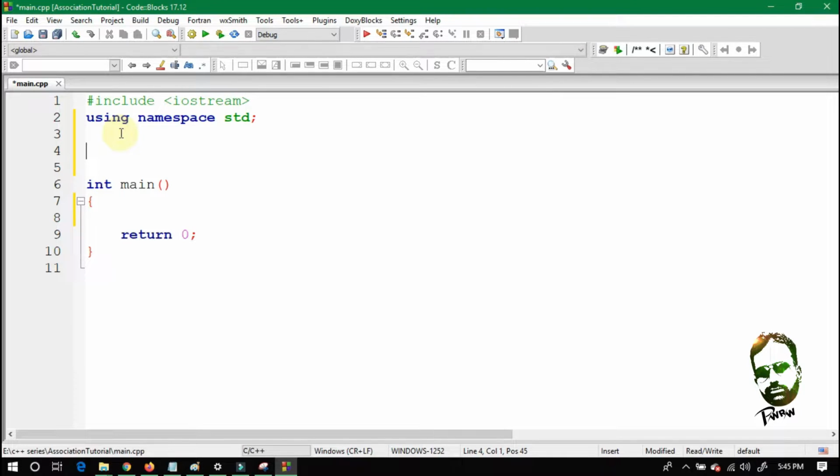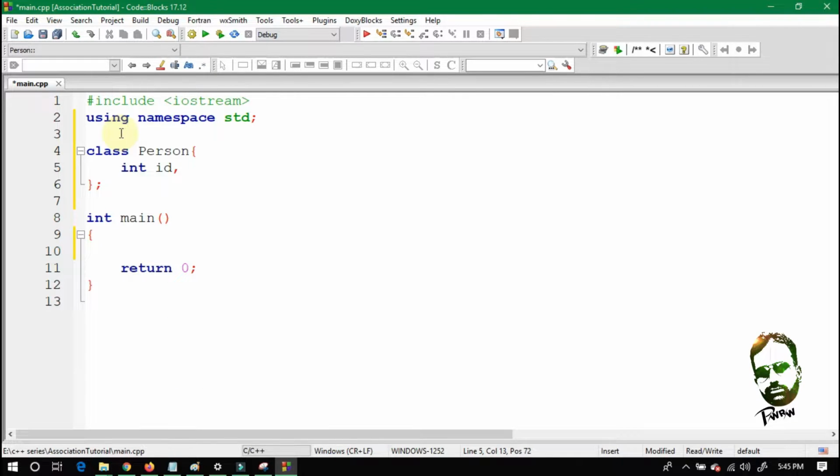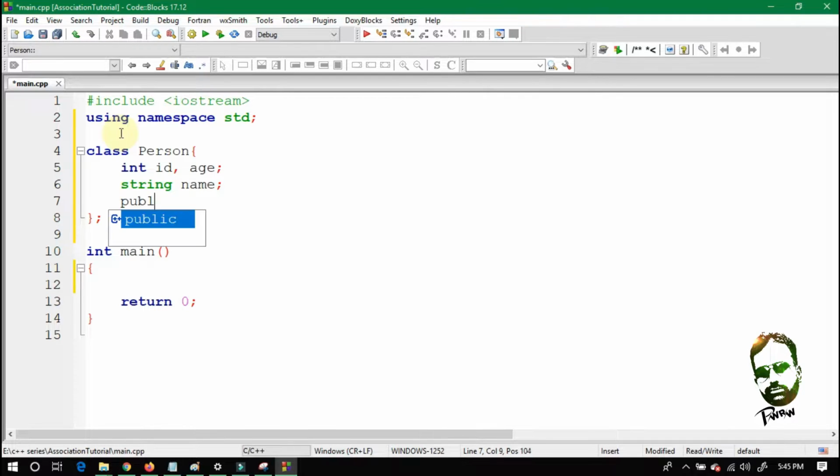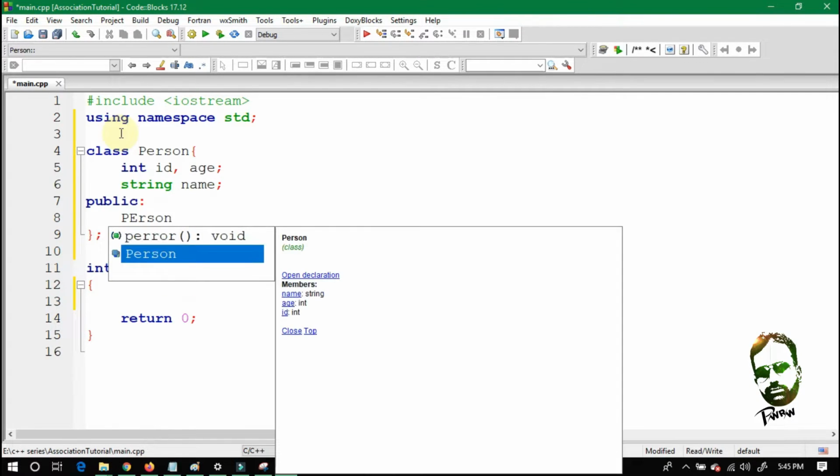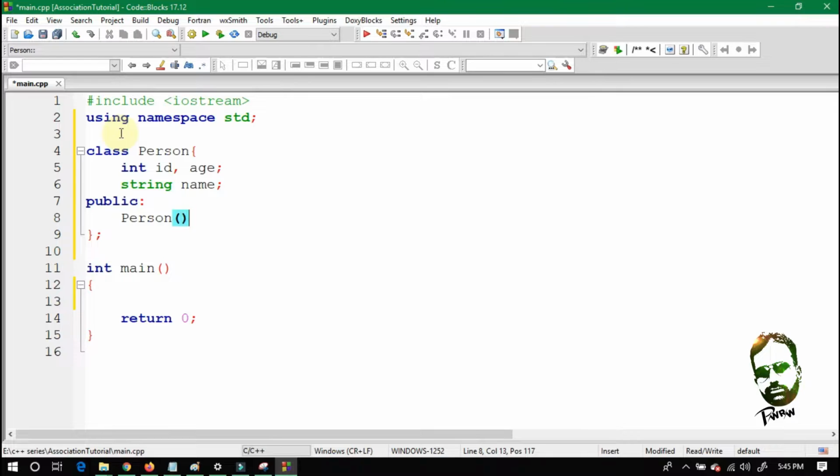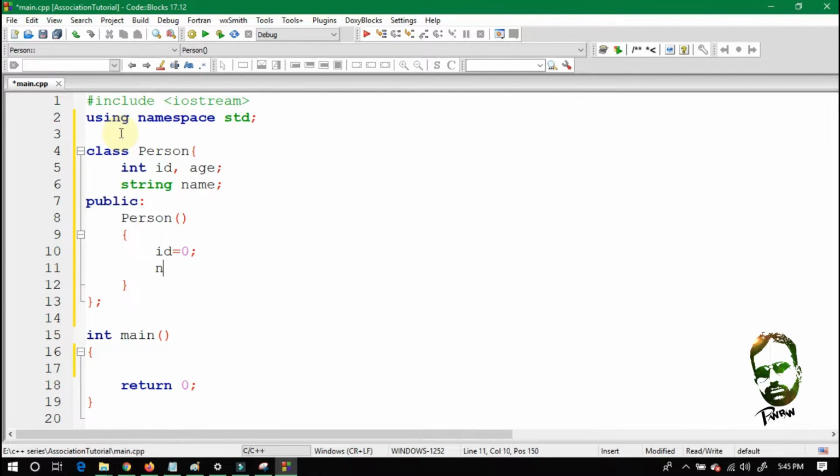So first of all, I will implement the class of person. So class person. There is name, ID, and the age of this person. So integer ID, age, and string name. So this is the default constructor in which ID is equal to 0 and age is also 0.